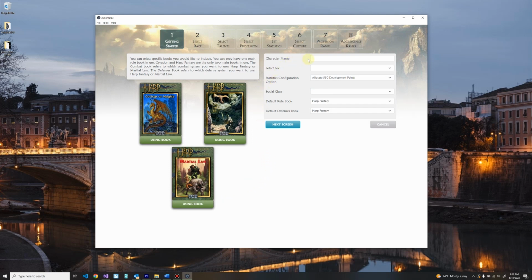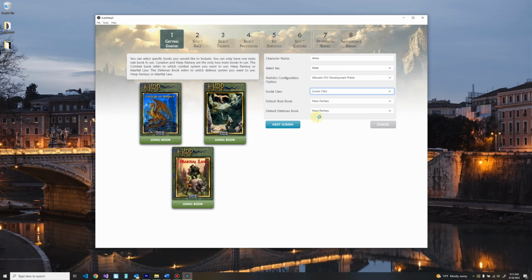The right side is straightforward. The last two select boxes indicate what default book you want to use for a particular database file. For default rulebook, this indicates the main rulebook you are using for your game. Every book contains the same database files, but not all of them contain information. In your main rulebook database, all database files do contain information. Martial Law and College of Magics add to this information, and in some cases can replace that information, like with